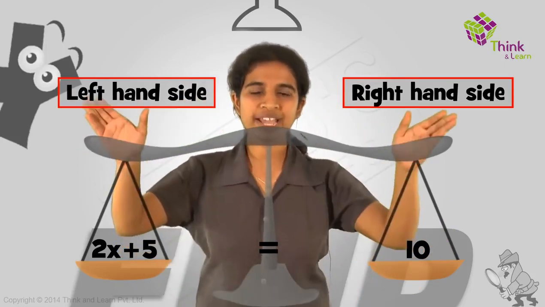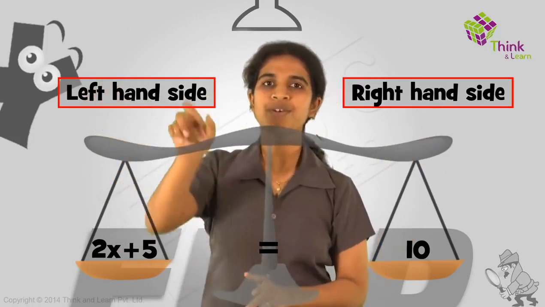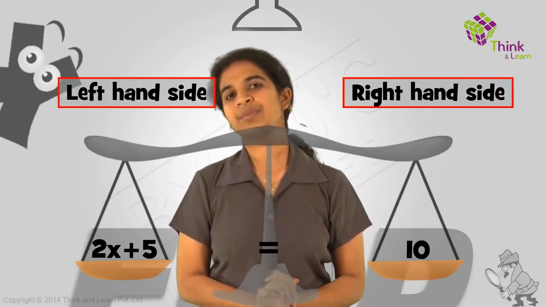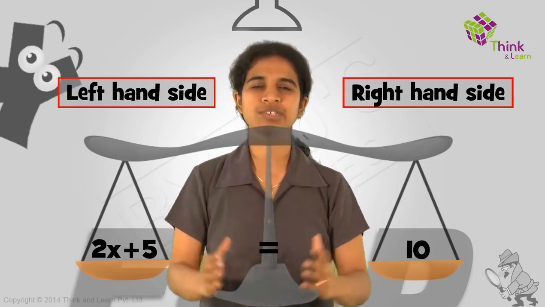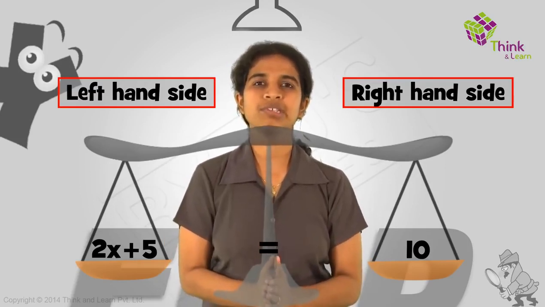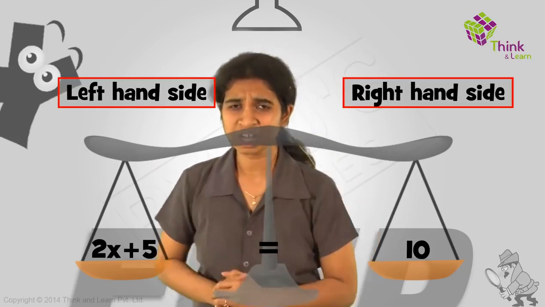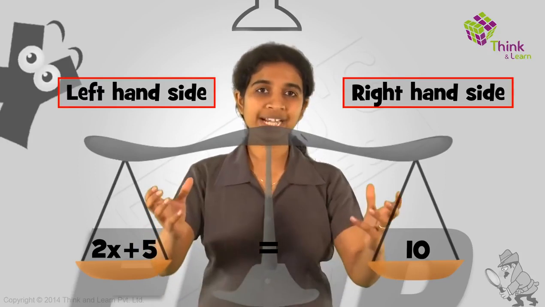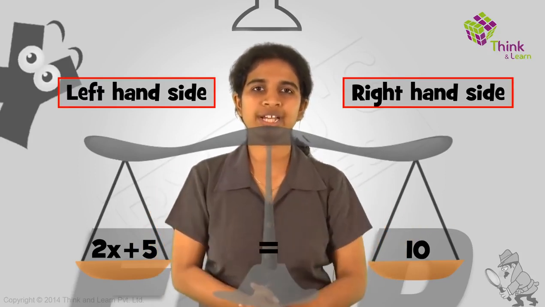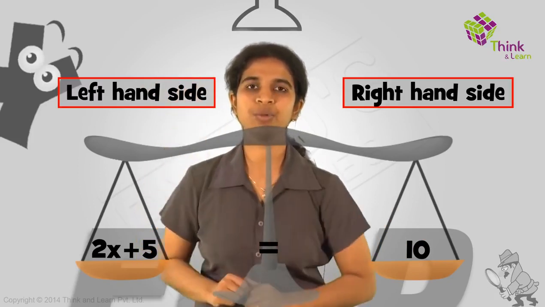So 2x plus 5 equal to 10. We want to get rid of the 5. How can I get rid of the plus 5? If it becomes 0, it's gone, right? How will the plus 5 become 0? Recall the first chapter on rational numbers: the negative of a number. If you take a number and its negative and add them, you get 0, correct? So take 5, add its negative. If I want to make plus 5 into 0, I need to put a minus 5.